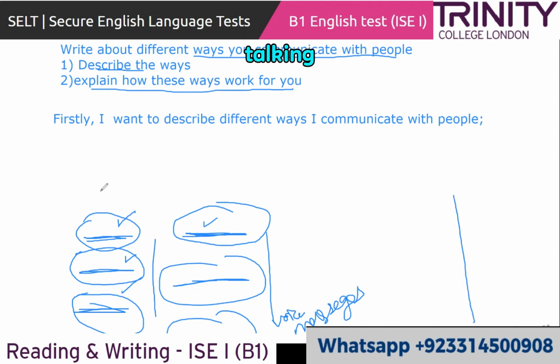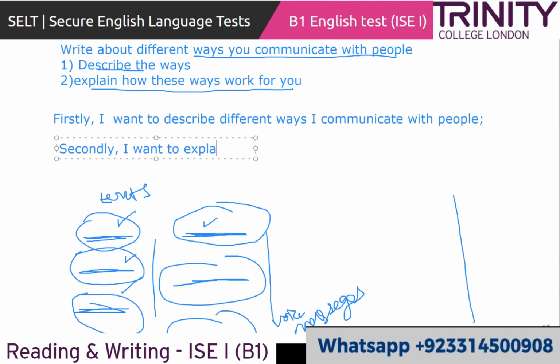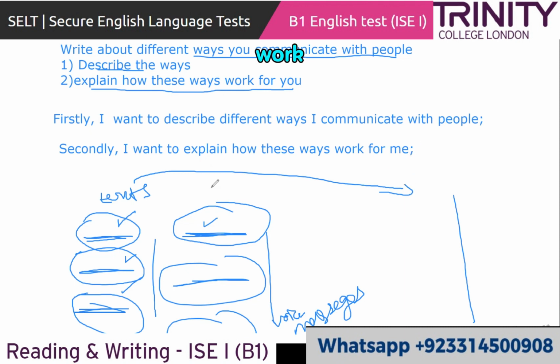So for example, we are talking about text messages in here. These are texts. So you write in here, secondly, I want to explain how these ways work for me. So then you can say, you can write in here, texts work for me to get quick reply, right? Texts for quick reply at work or any emergency,